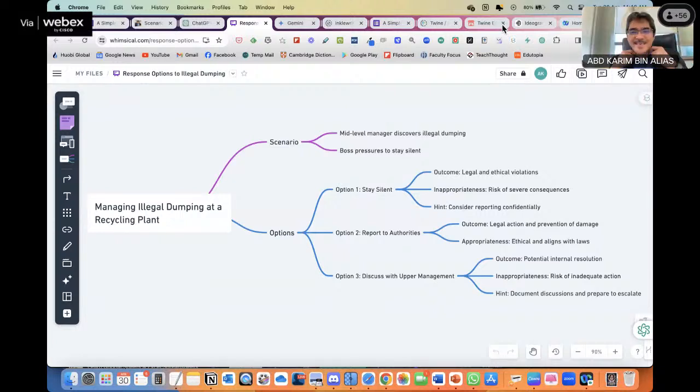Sorry about that. Okay, so you can see here, visually in the mind map form it is clear what the options and the details are. Okay. So this is a good practice. If you have ChatGPT Plus, especially when you design a more complex scenario, then it's much easier if you visualize it graphically in the form of a mind map or flowchart using Whimsical in ChatGPT Plus.